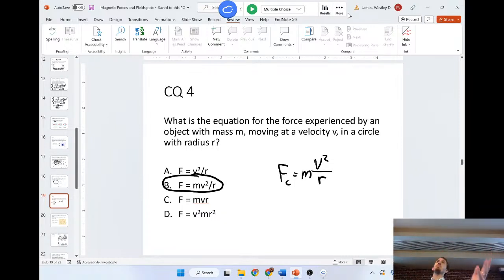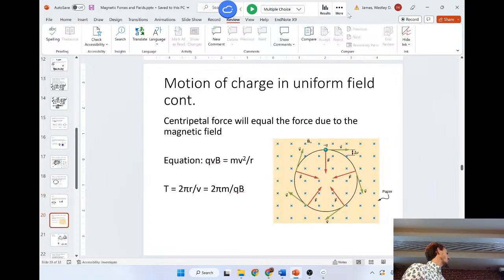But in the last problem, we do know what's causing it. And we're going to go ahead and slap those two equations together. So the centripetal force is the sum of all the forces acting on it that are causing it to go in a circle. And so we just said that the force, in this case, I'll straight up tell you the angle is always